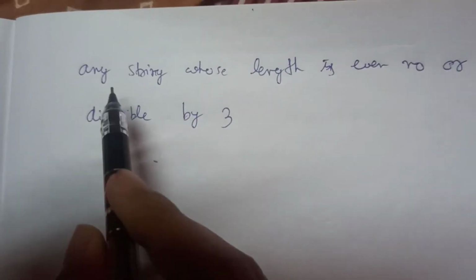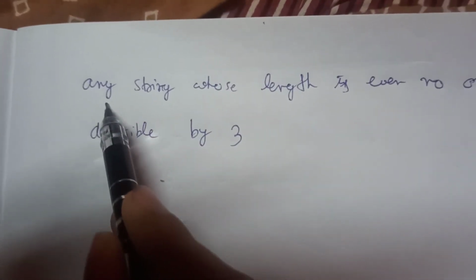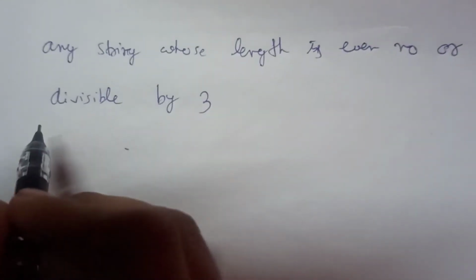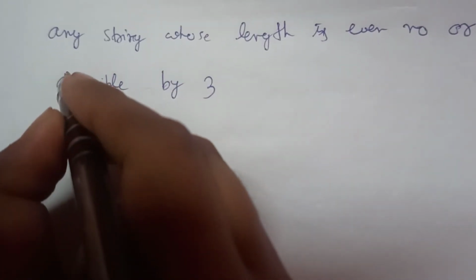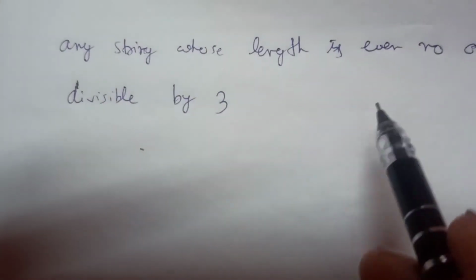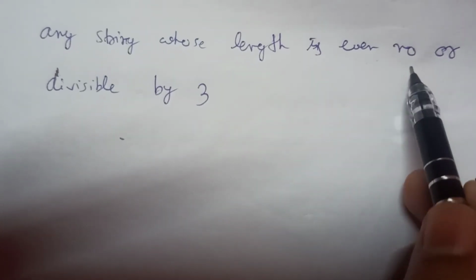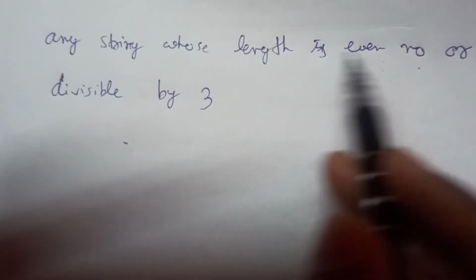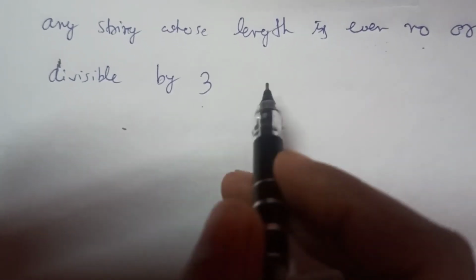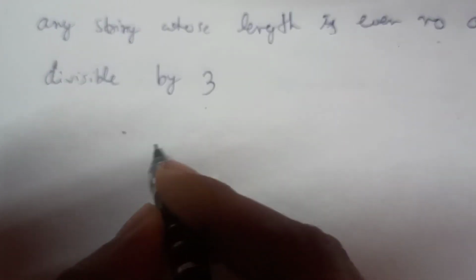So just practice it with any type of new questions. You form the questions and you try to answer them. So see, this is another tough question here. Any string whose length is an even number, or it can be divisible by 3 also. So how to do that? What do we mean by even number? An even number is any length which is divisible by 2, or it can also be 0. And divisible by 3 is any length such as 0, 3, 6, 9. Okay, this type of length. So here we are talking about the length.